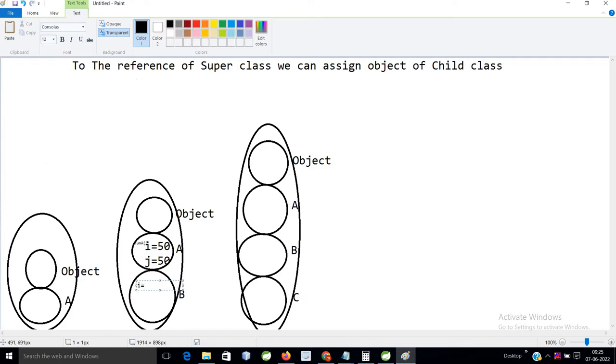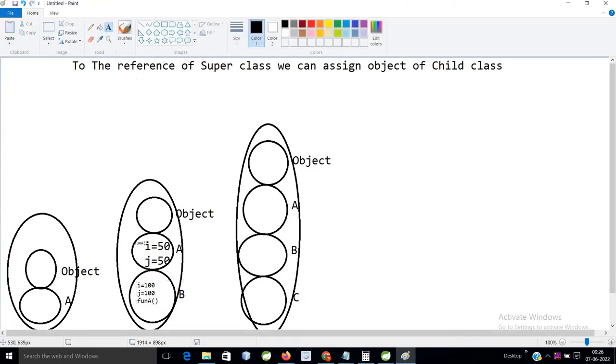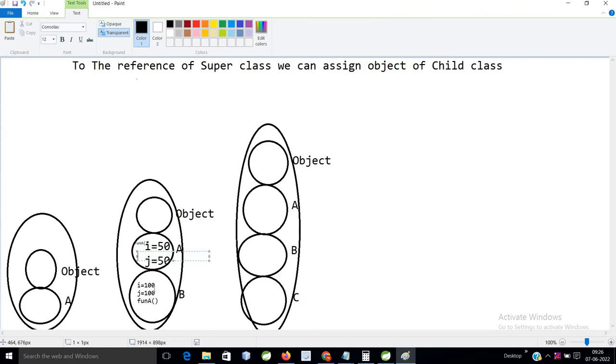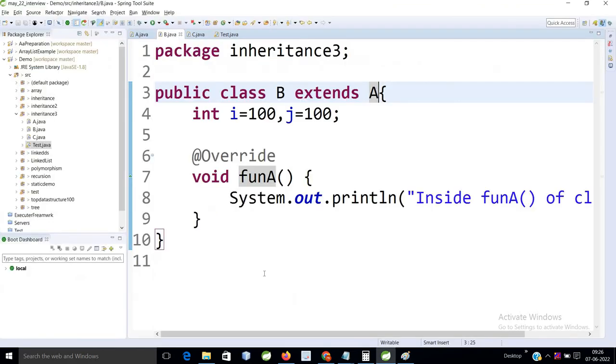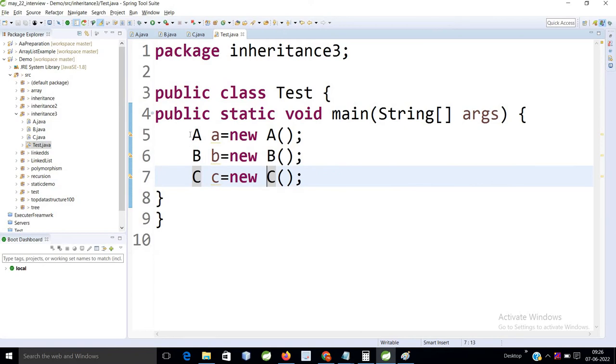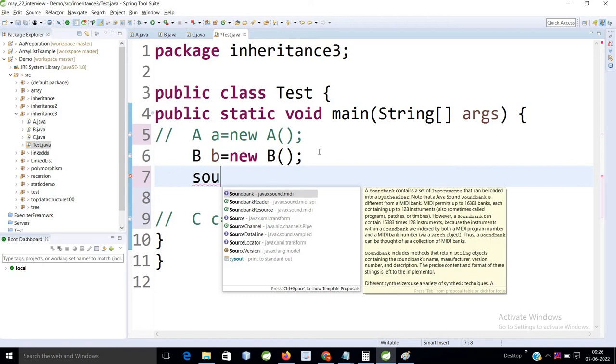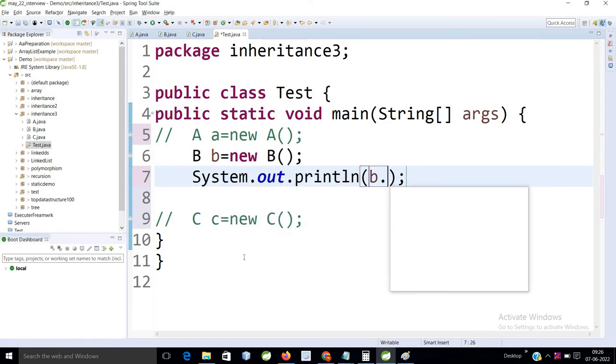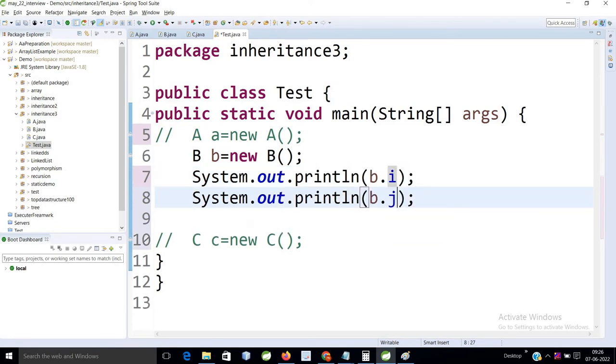I is equal to 100 and J is equal to 100 and we have function A. So function A is available in both the objects, and I and J are also available in both the objects. So anytime I will be using, I will comment this. Now